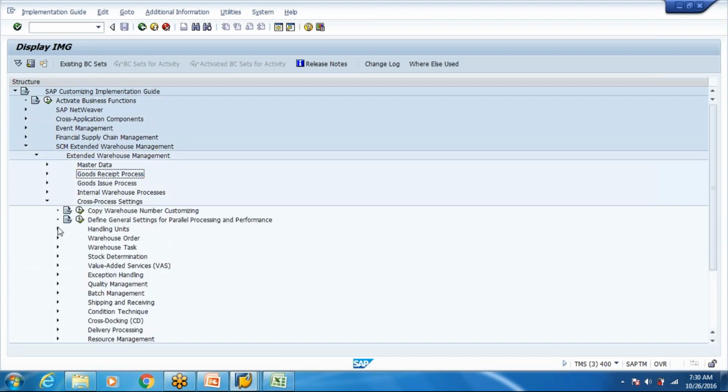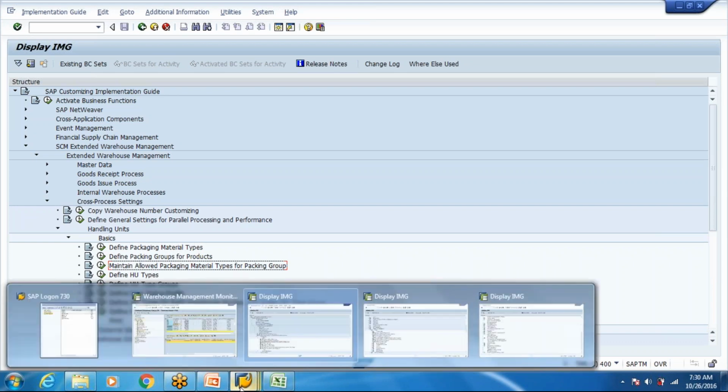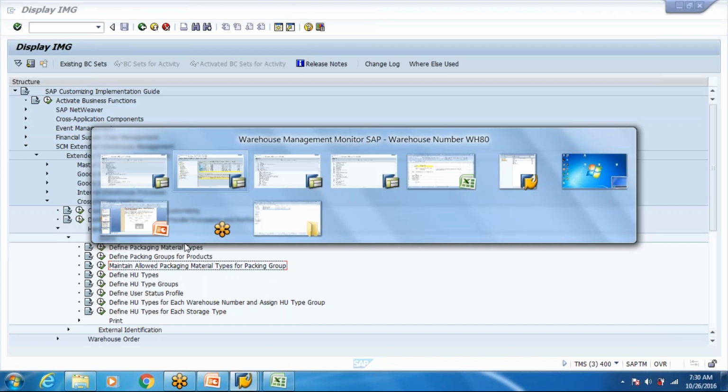Cross process, handling units, basic. Again the same config: packaging material type, packaging product allowed, same things are there. Then on the EWM side, a packaging product has a HU type, as I told you. It comes from the master data of a packaging material.